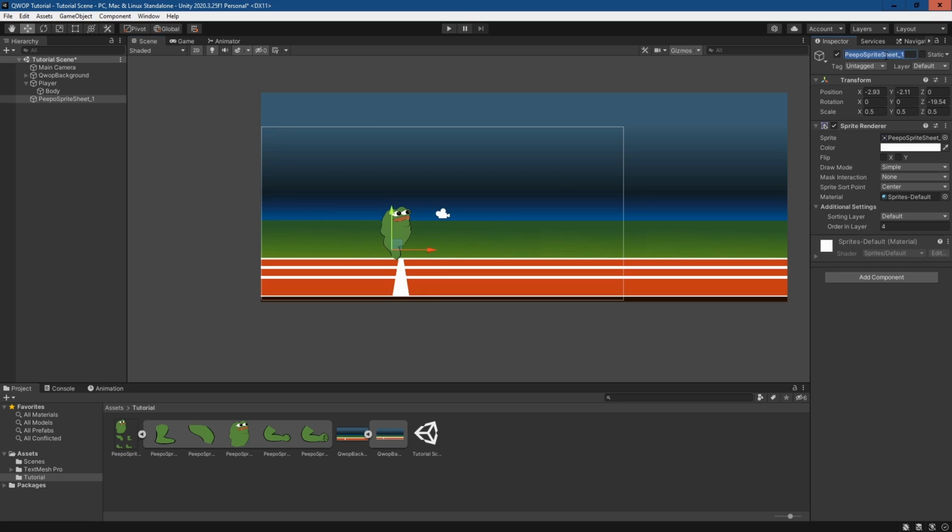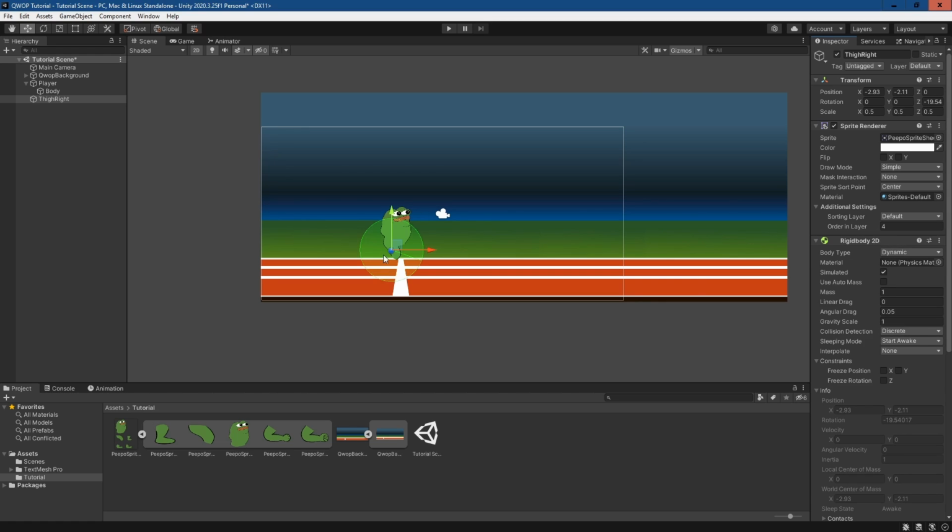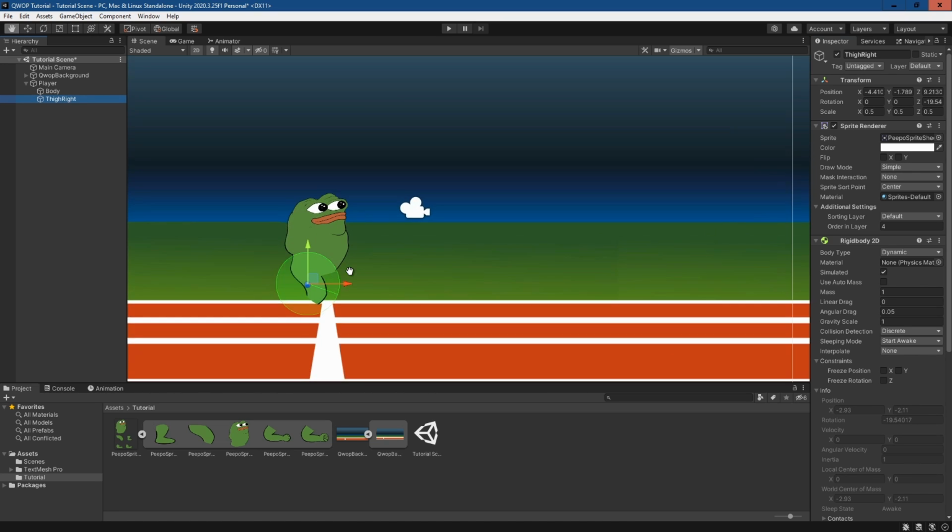And then we can call this thigh right. And then what we want to do here is add a hinge joint, and this hinge joint 2D will allow us to connect these two sprites together and show them interacting, or have them interact around a hinge. So if we just zoom in,